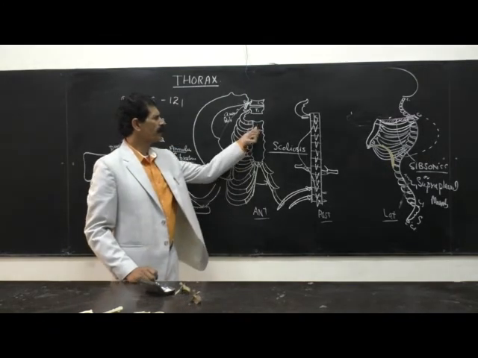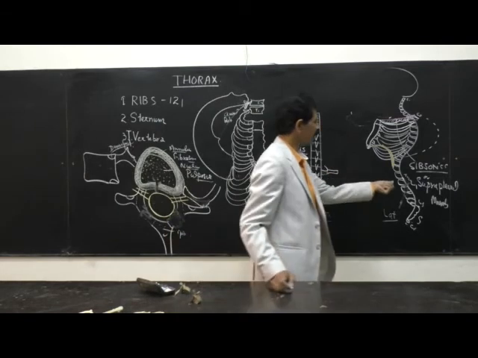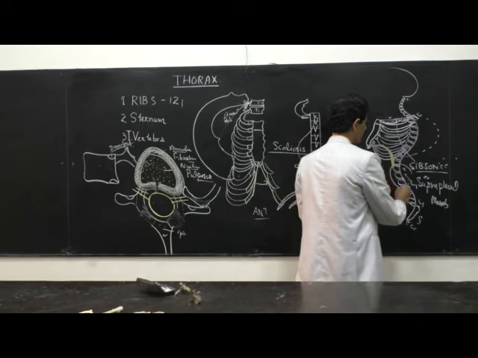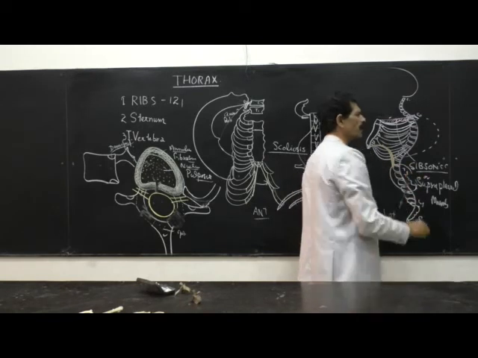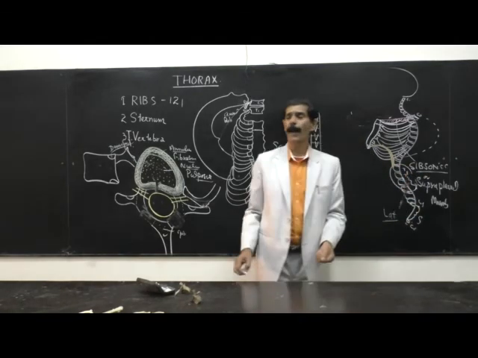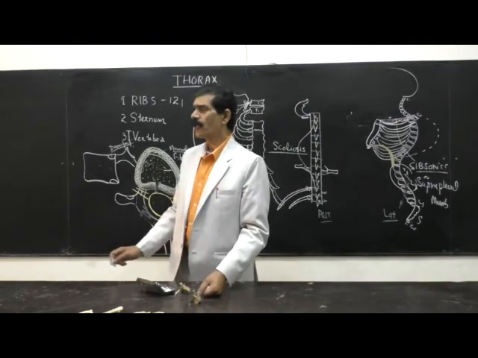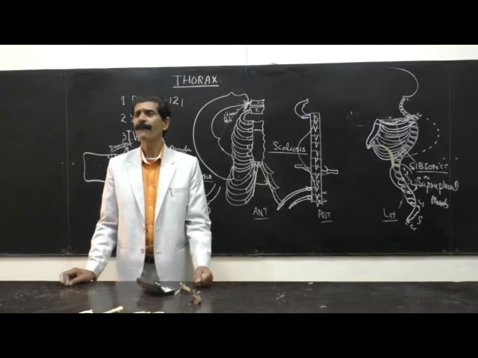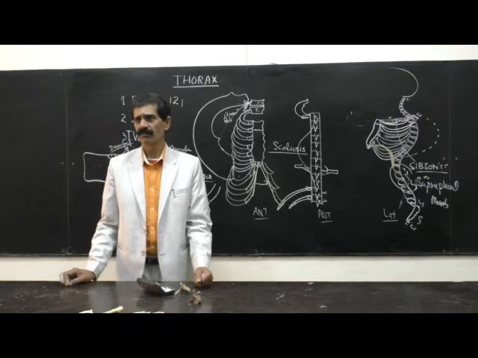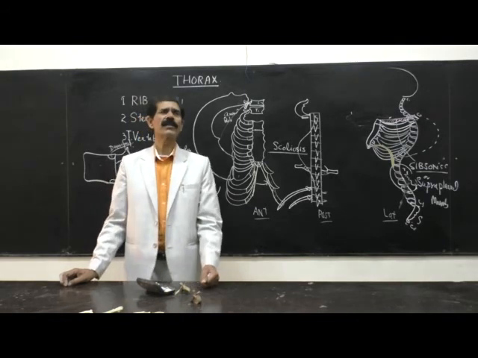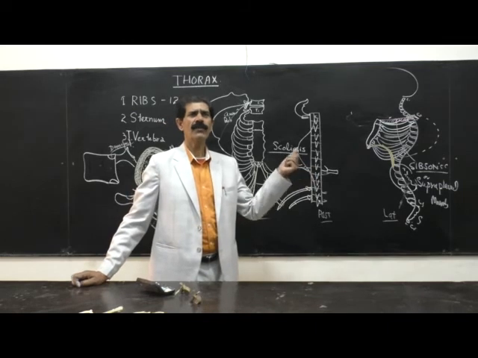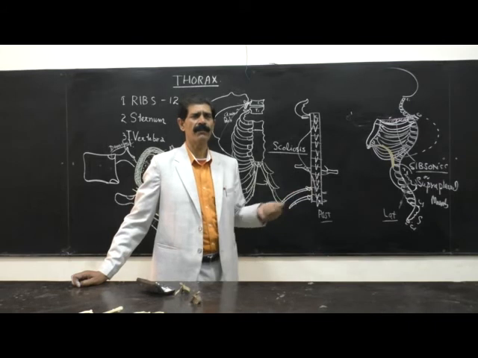Now come to the lowermost part, concentrate upon the L1 vertebra and T1 and T12. So this lowest part of the thoracic vertebra, the T10, T11 and T12, and the L1 and L2, the upper lumbar and lower thoracic vertebra, they are the most vulnerable parts of the vertebral column. Most of the fractures of the body of the vertebra occur here. And most of the diseases are also related to them.